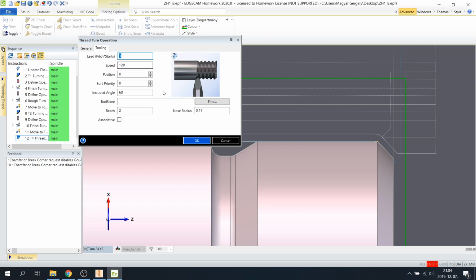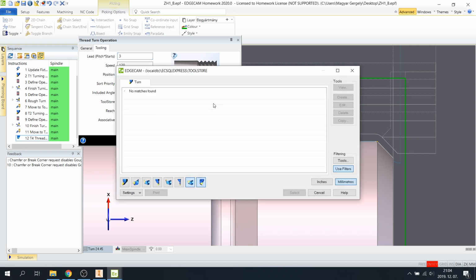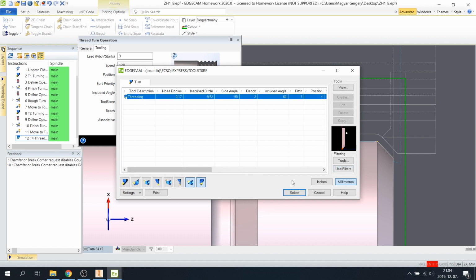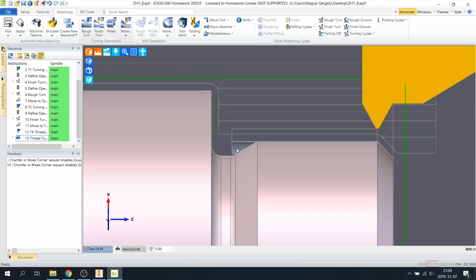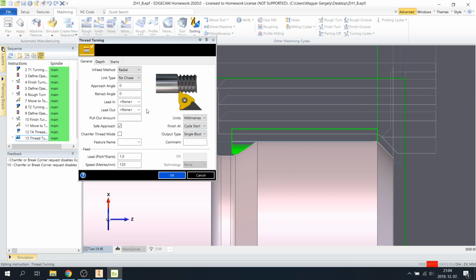For tooling, we just have to select our tool again, and we give the lead for 1.5, and now it's generated our path, but it doesn't look perfect, so double click on it. Let's see,